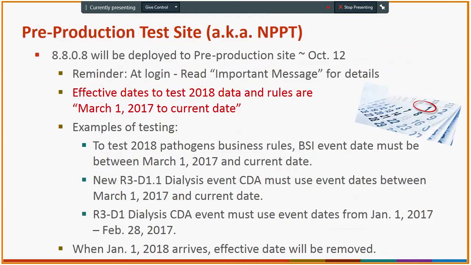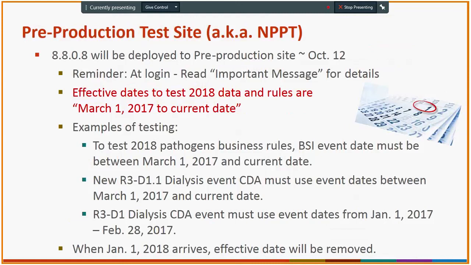For those of you who already have a pre-production test site, the NHSN 8.8 environment will soon be available for testing. We will send out an email. As a reminder, at the login, read the important message. The effective date to test 2018 data is March the 1st, 2017 to the current date. Examples of testing: to test 2018 pathogen business rules, a BSI event date must be between March the 1st, 2017